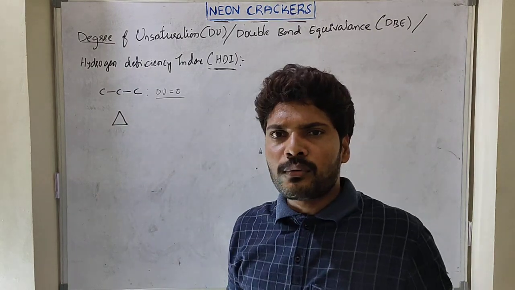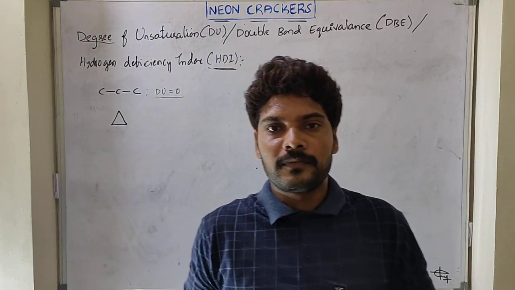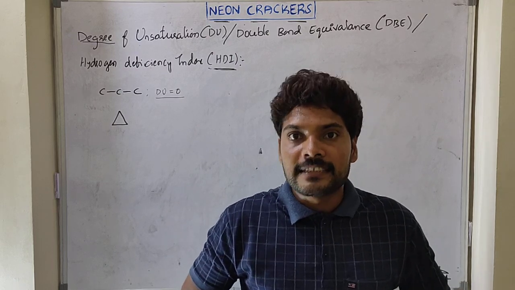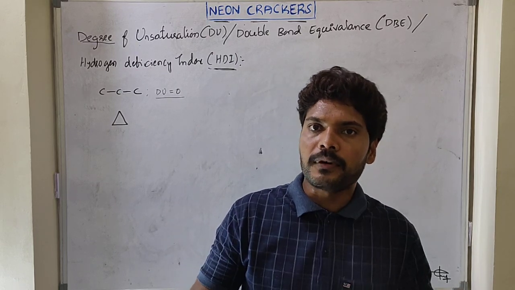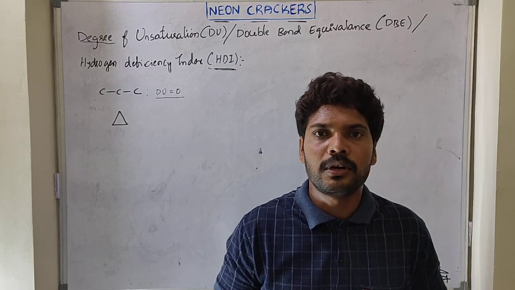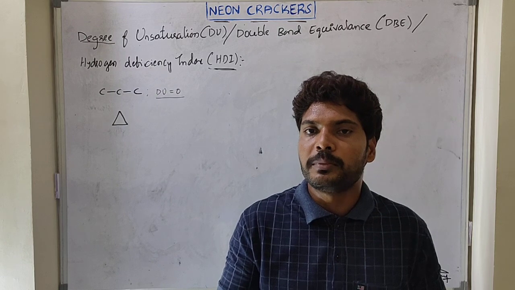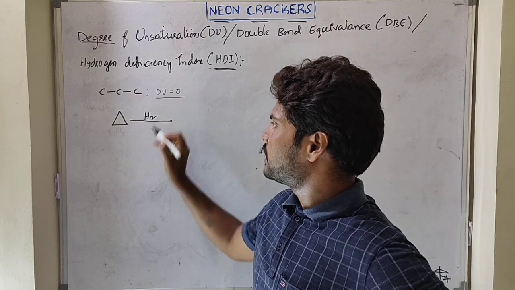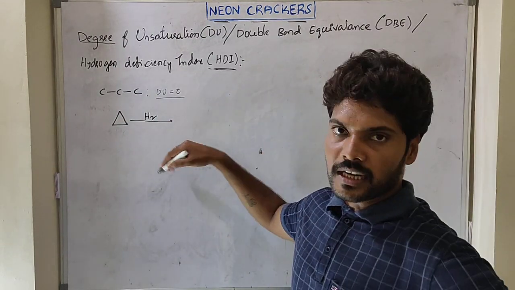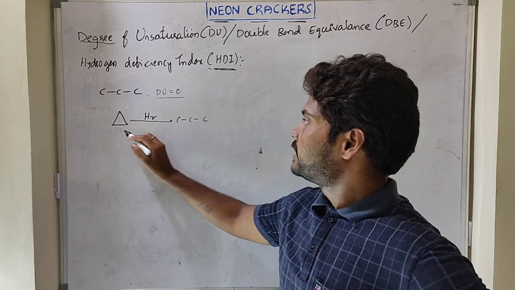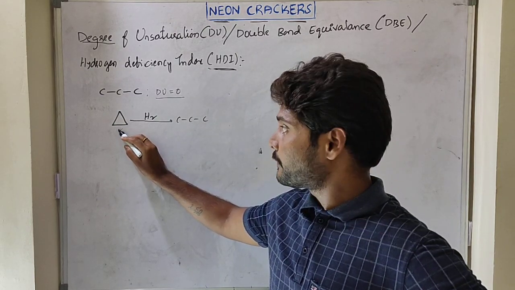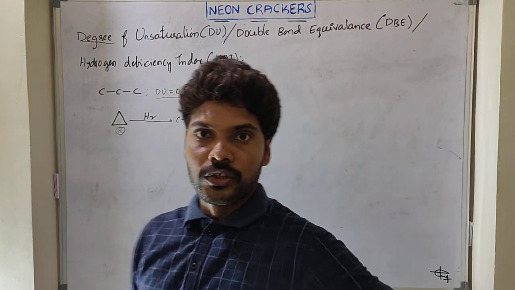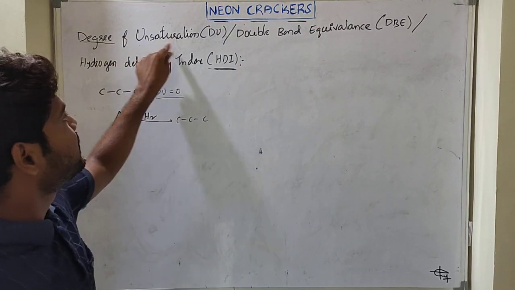So overall, what is a saturated compound? Simply, I will give you one shortcut. A compound is said to be saturated when it does not react with hydrogen molecule further. When it does not react with the hydrogen molecule further, then the compound is said to be completely saturated. Maybe at a mild condition or a strong condition, cyclopropane may react with the hydrogen molecule to form propane. So this compound is not saturated. Of course, it indicates unsaturation. It seems to be saturated, but it indicates unsaturation. So these two terms are indicated with the help of the degree of unsaturation.